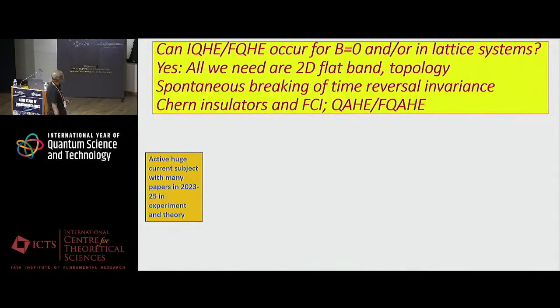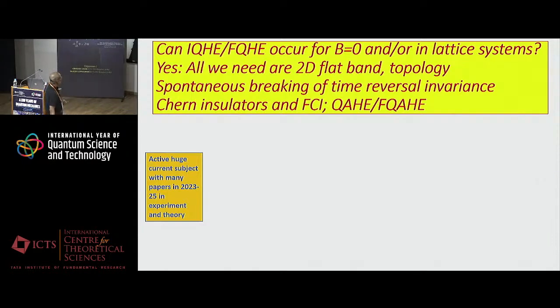All right, now I'm going to give you a preview of what my friend Sankar will tell you. You should ask a question. Well, if it's topology, why do I need a high magnetic field and all this? I mean, why can't it work at zero field? Sorry, it's just topology, right? Topology has nothing to do with it. I mean, magnetic field may produce topology by breaking time reversal invariance and producing chirality,